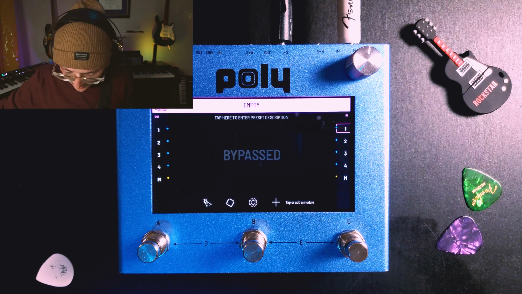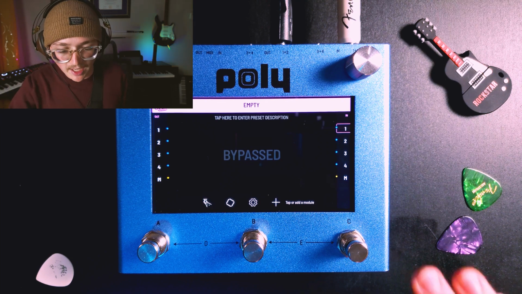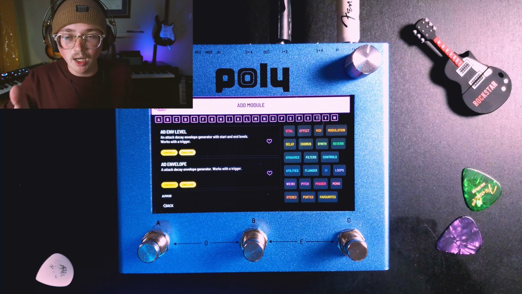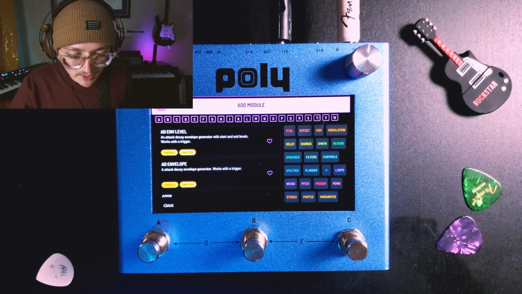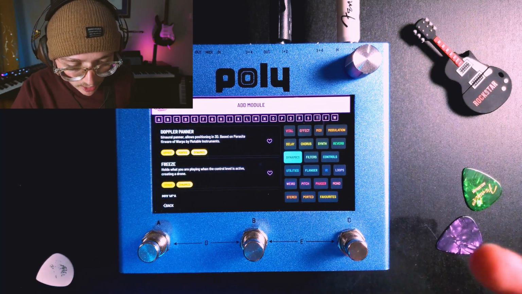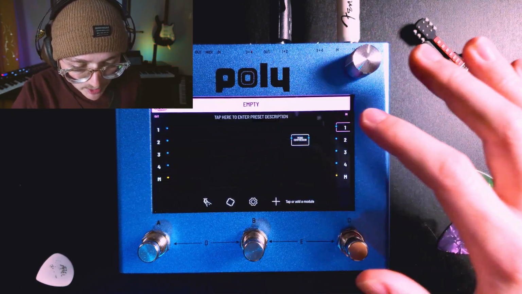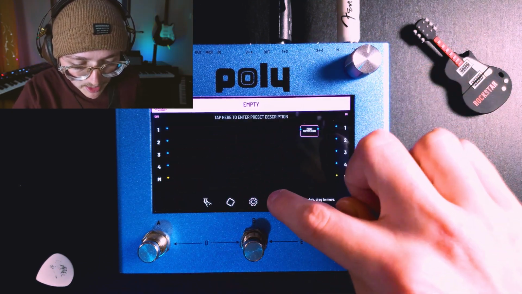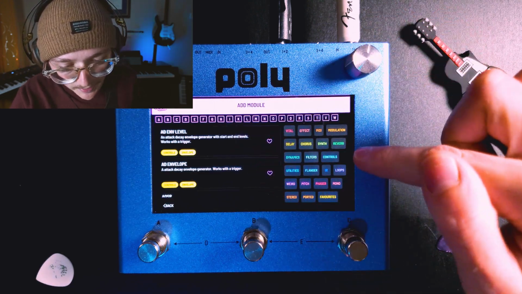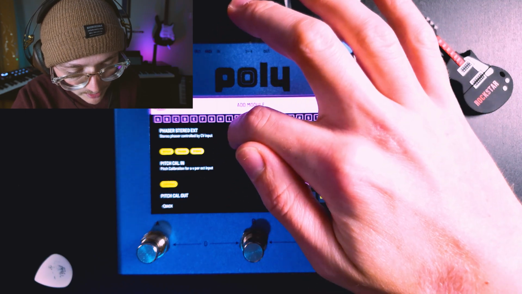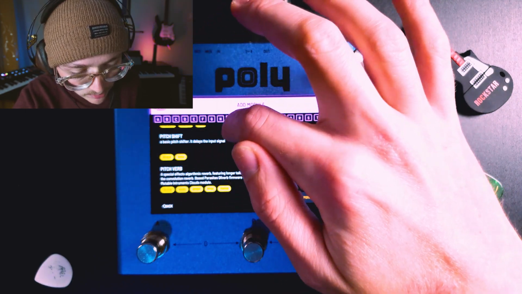But yeah, so I'm going to go ahead and get out of bypass mode. We're going to hit this little plus arrow. We're going to add a module. So we're just going to start off really basic. This is how I start a lot of my guitar patches, is to just get a mono compressor at the beginning of my chain. And then we're going to go to P, and we're going to get a power amp